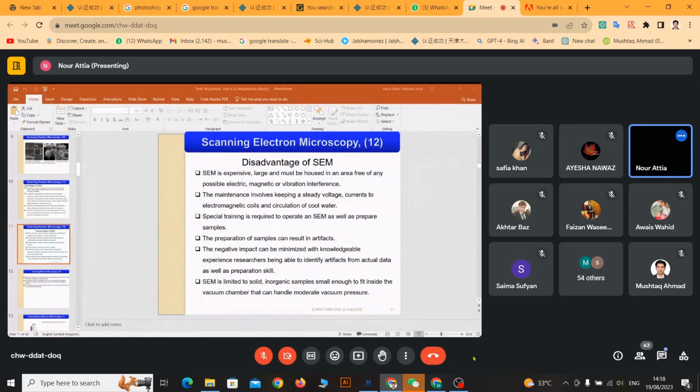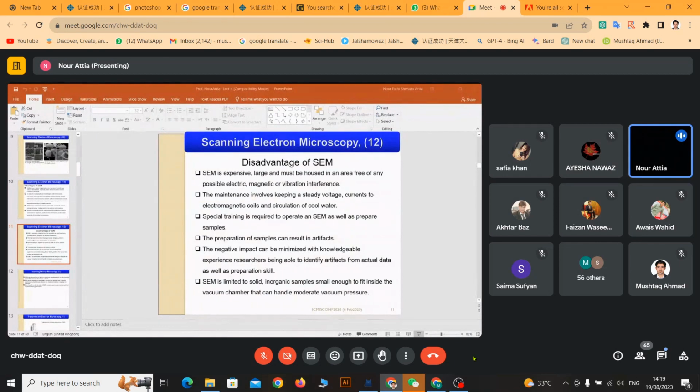The disadvantage is that the instrument is very, very expensive. I think now a good one costs around $0.5 million. And the maintenance, actually,